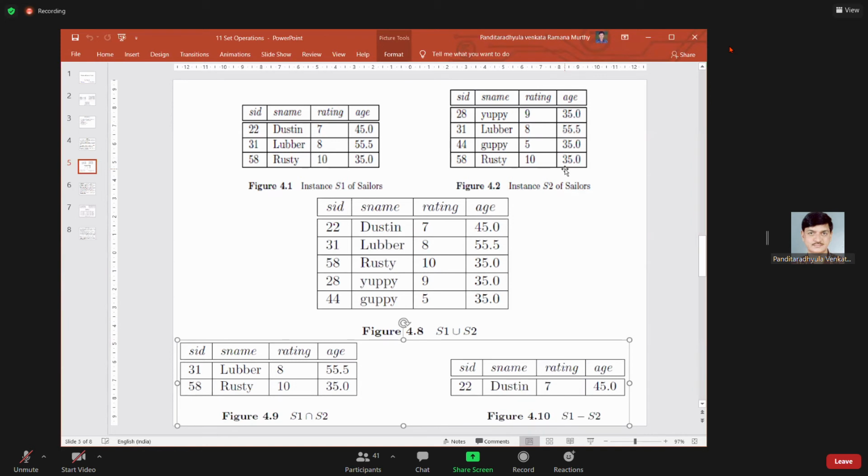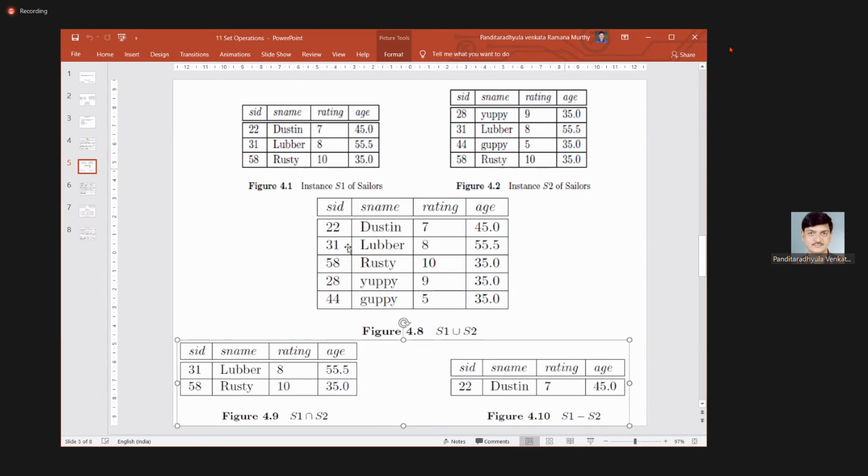We want to identify results only from the first query, but they should not be present in the other queries. That means those sailors who reserved only the red boat, not any other boat, only red. If you say only, then we can say set difference.